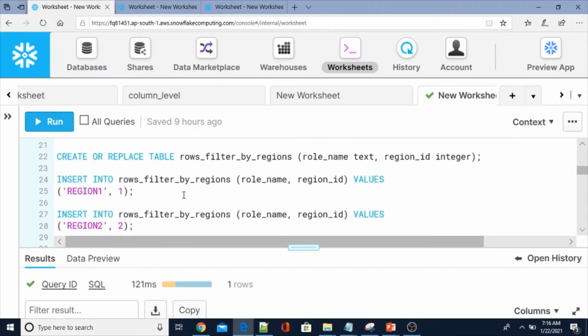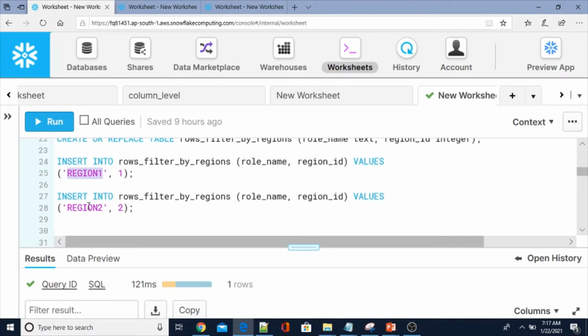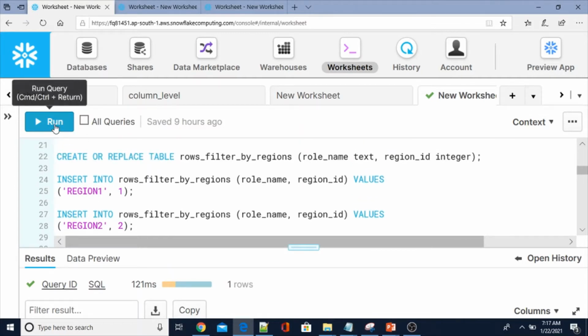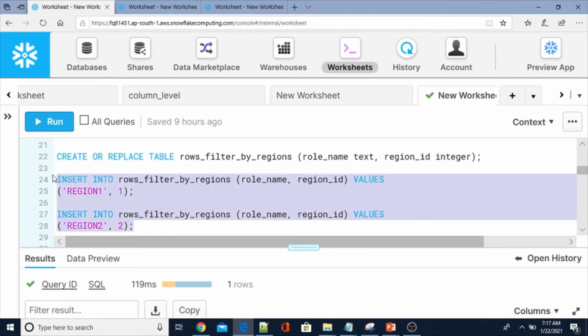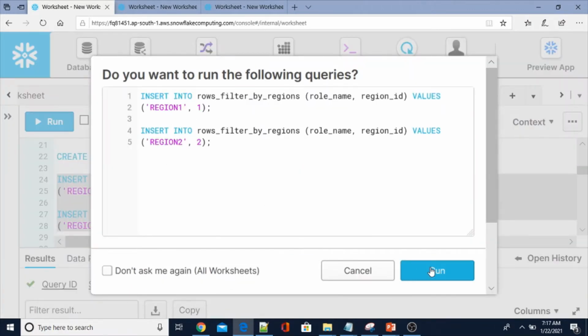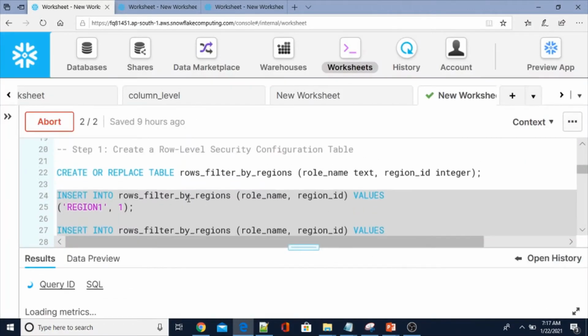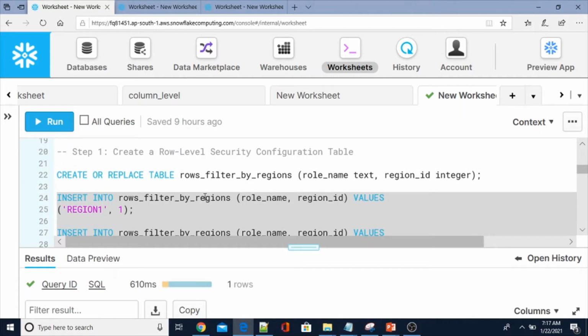So let me insert the data into this table: region 1 with region ID 1. This is the user custom role which I am going to create. And region 2 is the role and region ID is 2.